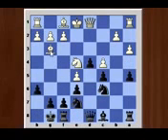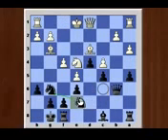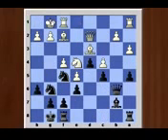bishop g3, knight g6, f4, queen b6, bishop d3, knight e7, queen d2, knight f5, bishop f2, bishop b7, castling, bishop c6,